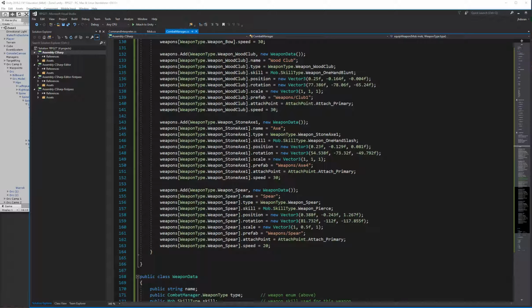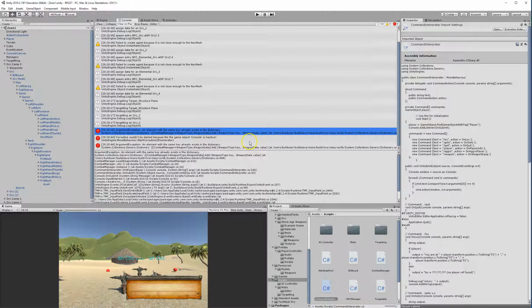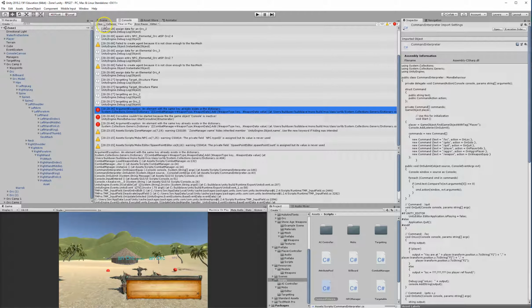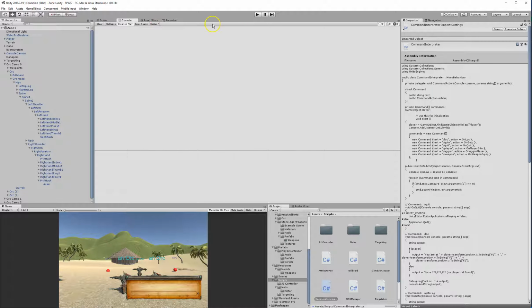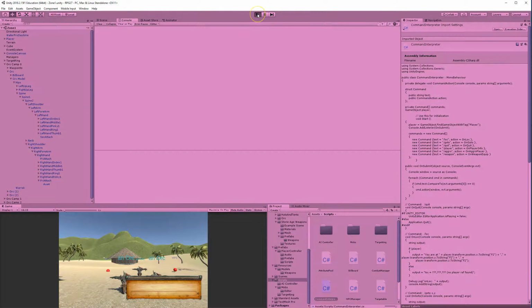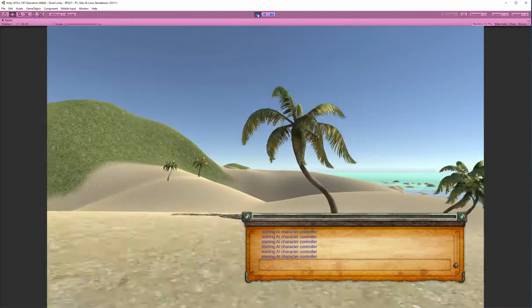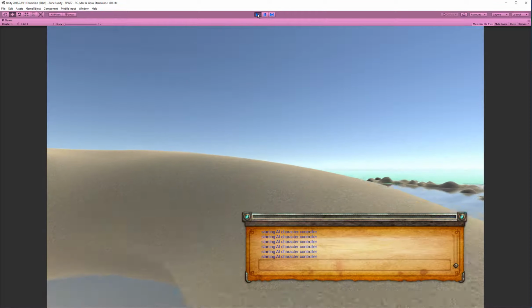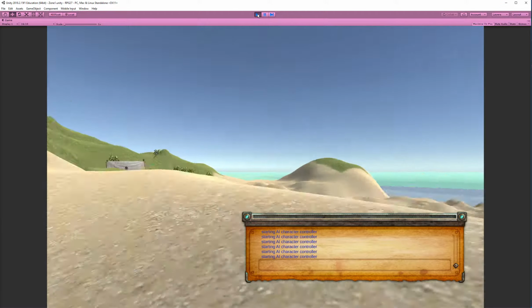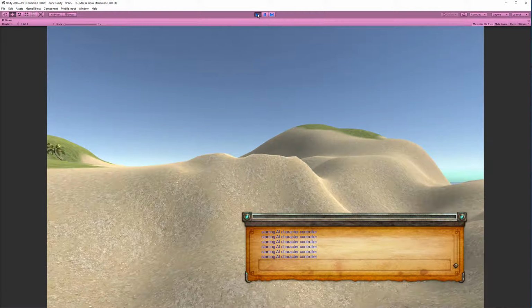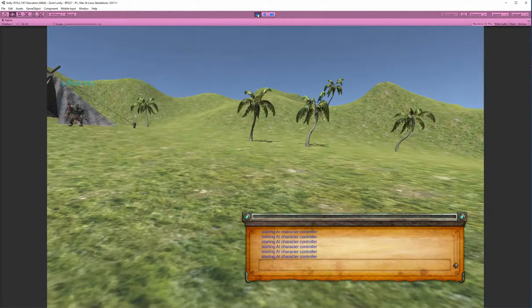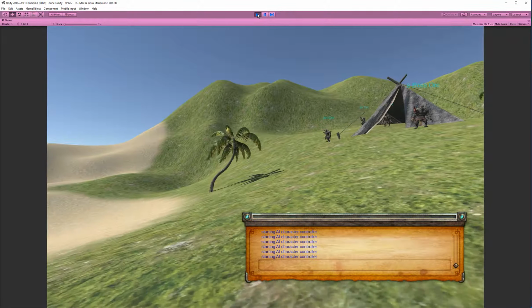So let me pause this and go find out which one of my weapons is missing. Okay, the problem was the stone sword was missing. I don't know if that's going to fix this, but the first step is to get rid of all the exceptions, and then we'll come over here and see if it finds it. If I pick a weapon here